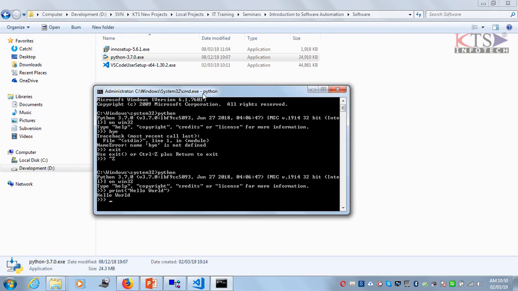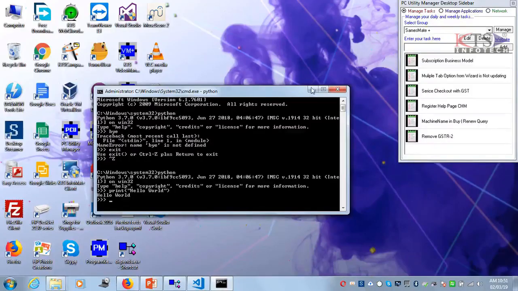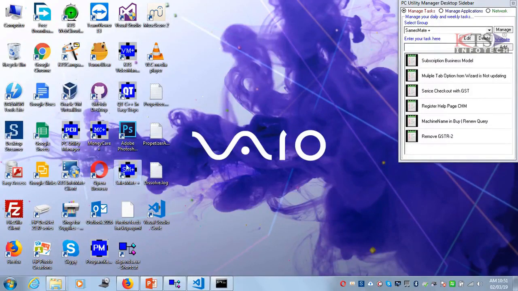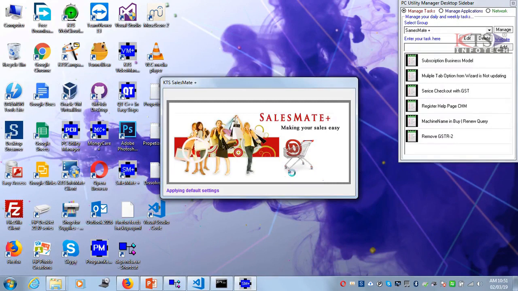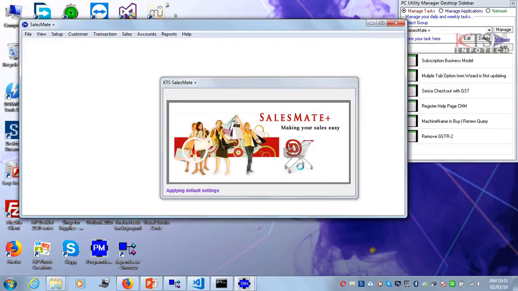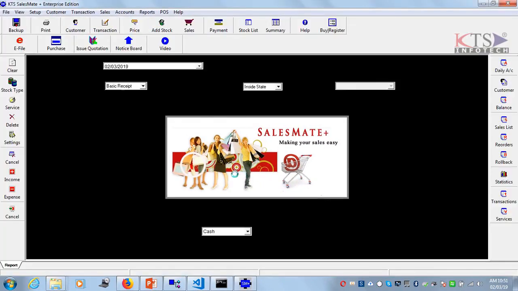We might be automating some application, let's say I have my software like this here, just launching it. I might be automating the testing part of this software using a Python script and one of the standard libraries available in Python.